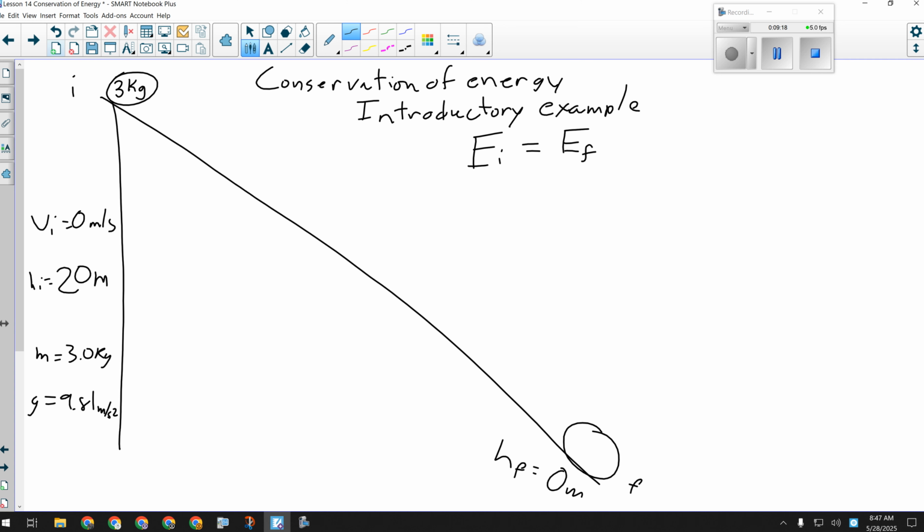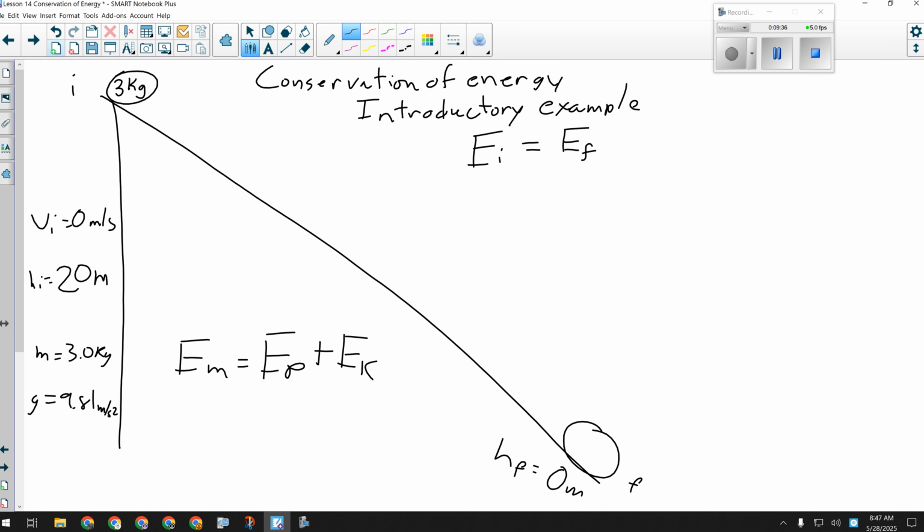Now, yesterday you learned that mechanical energy is the sum of an object's potential and kinetic energy. You did a question with a seagull carrying a clam and a high jumper and stuff like that. So if I want to calculate mechanical energy, I add EP plus EK. That's what this formula means. This formula means initial mechanical energy equals the final mechanical energy. So we would expand it out to say this.